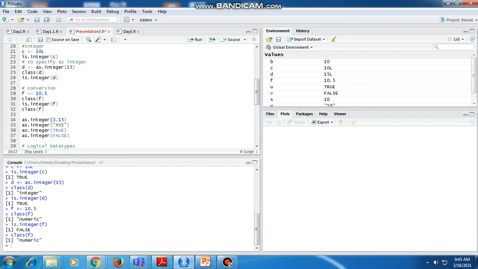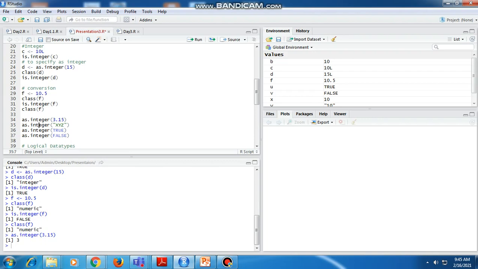If we consider one more variation in this example, as.integer(3.15), integer means it considers only the value before the decimal point, so 3 is considered as integer.